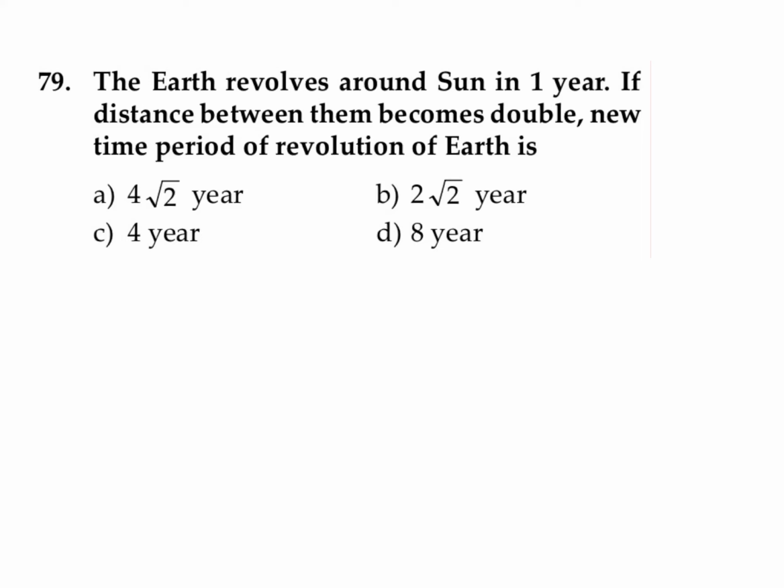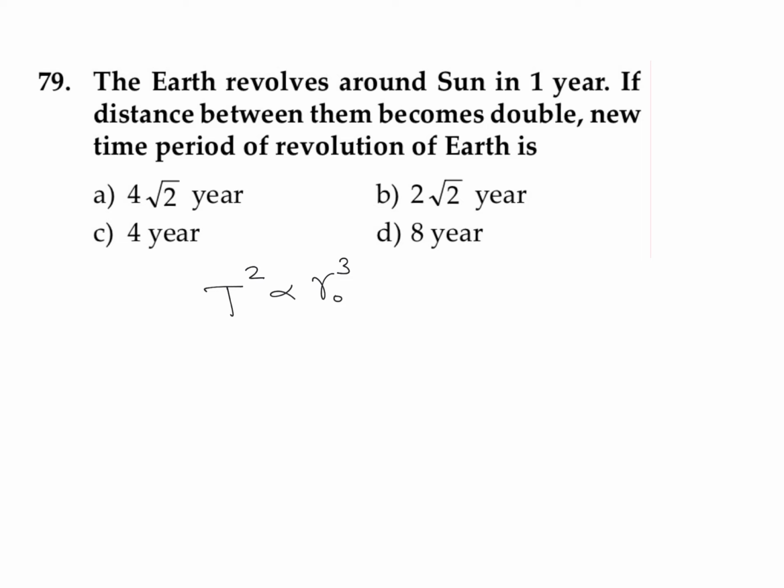In this question, it is given that the Earth revolves around the Sun in 1 year. If the distance between them becomes doubled, what is the new time period of revolution of the Earth? So we can use that equation: T squared is directly proportional to the cube of its orbital radius, or the square of the time period is directly proportional to